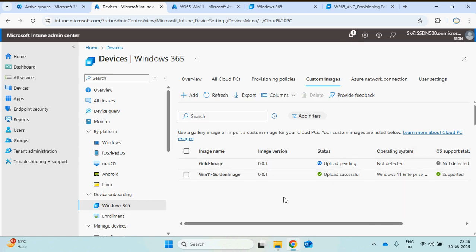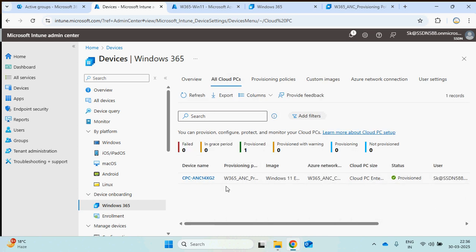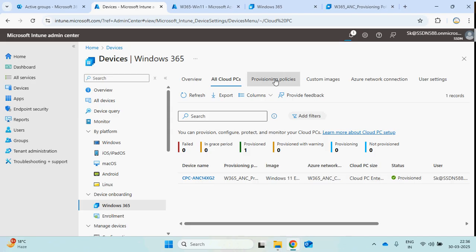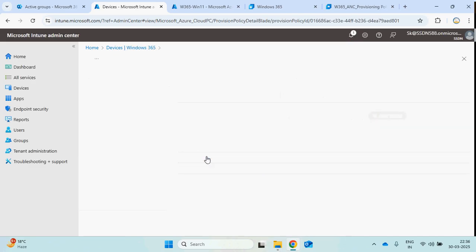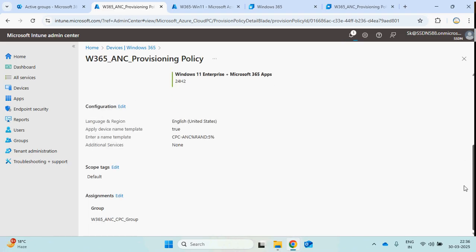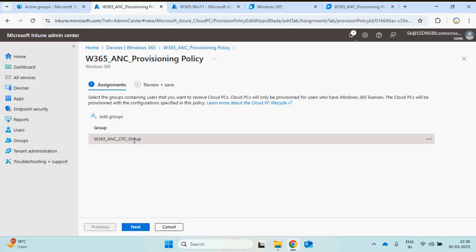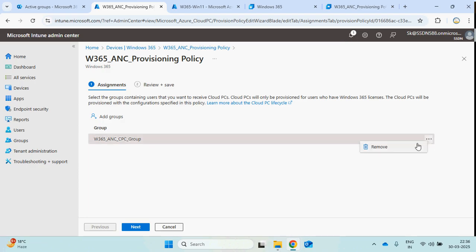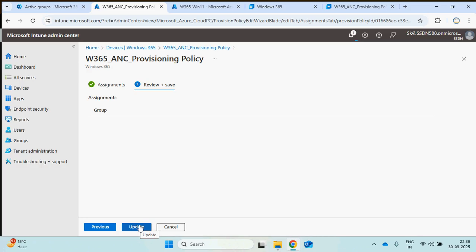Once you add that image, there is the option of how we provision a Cloud PC. So if you can see, this one is already provisioned. So let me go and disconnect this resource group from the provisioning policy. So it will get deprovisioned, and then I will show you how to provision it again. But this time,